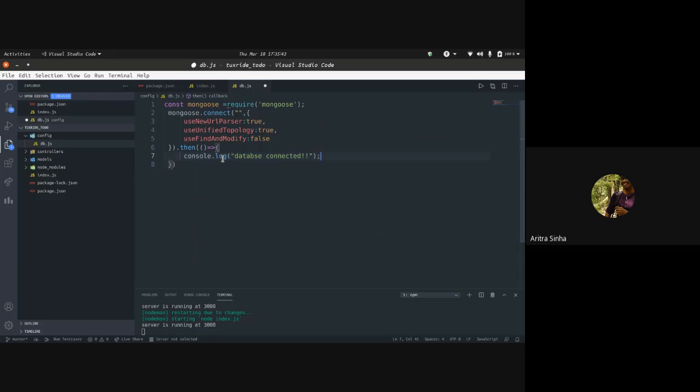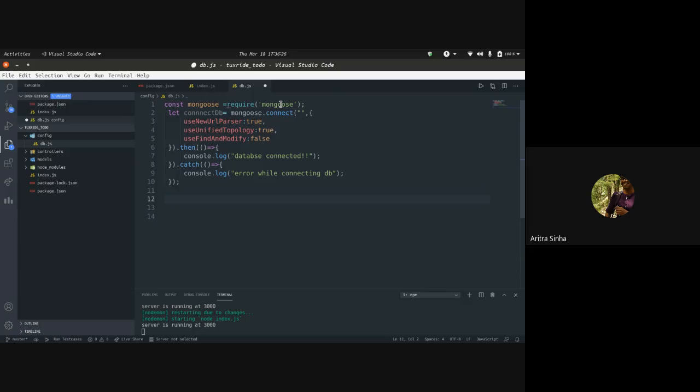This will do for now, and after that, if there is some error, we'll just use another function to see if there's some error. In case there is an error, we'll get to know that there's something you need to fix. Error connecting DB. Fine. This will do, and we'll name this function connect db so that we can use it elsewhere.